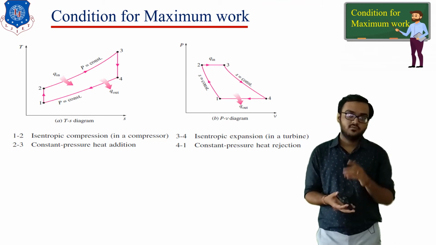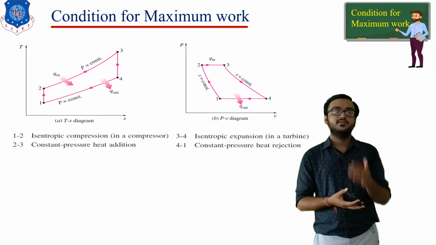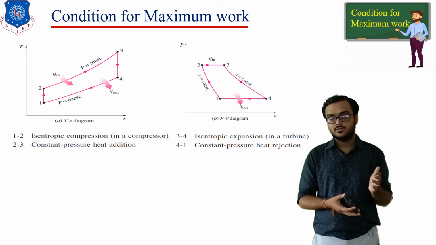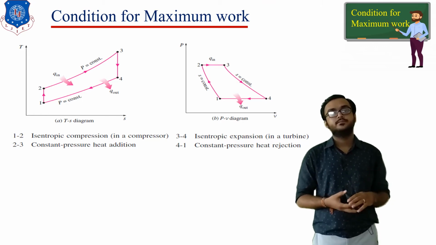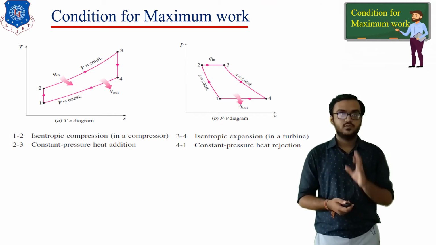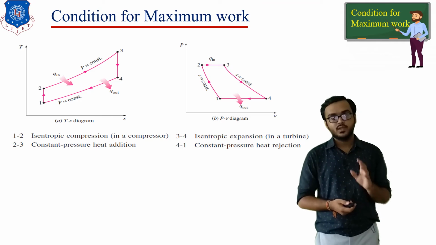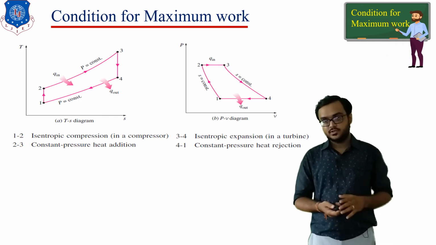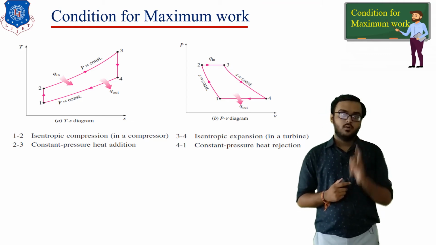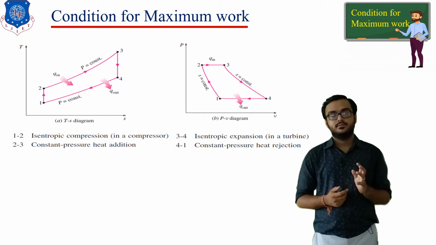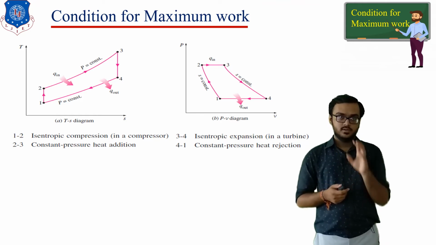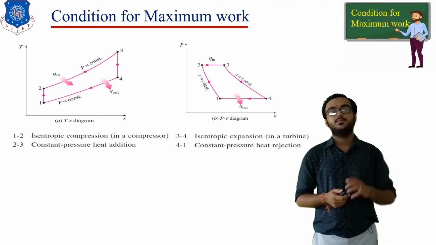Then 4 to 1 is the heat rejection process, during which temperature reduces and pressure remains constant. Volume is also reduced based on the gas law. So you need to plot a horizontal path 4 to 1 like this on the PV diagram. So that is all about the representation of the different processes on the TS and the PV diagram, and you need to keep all the diagrams in your mind, whether TS or PV. That is the presentation of the Brayton cycle on the TS and PV diagram.